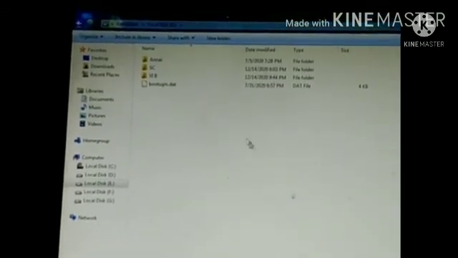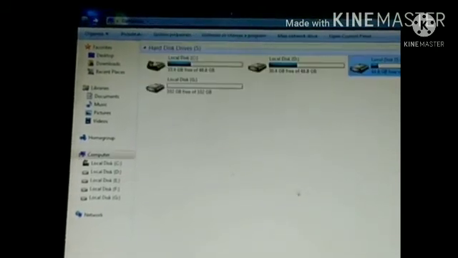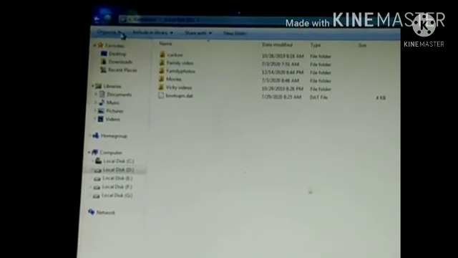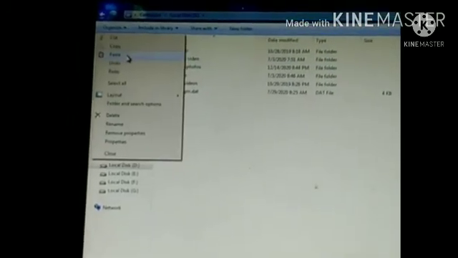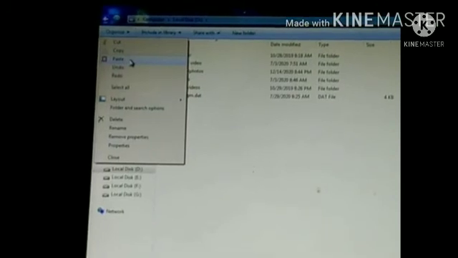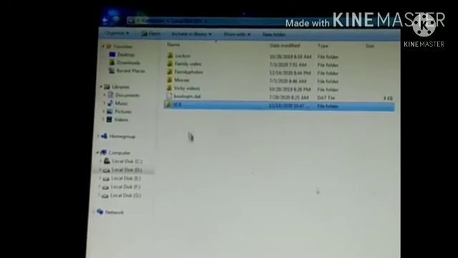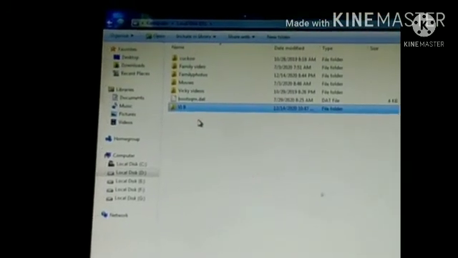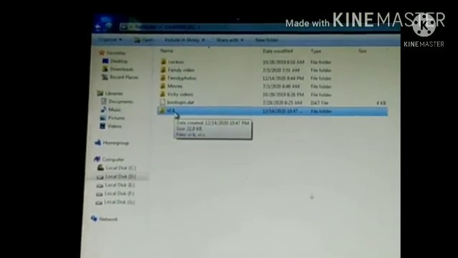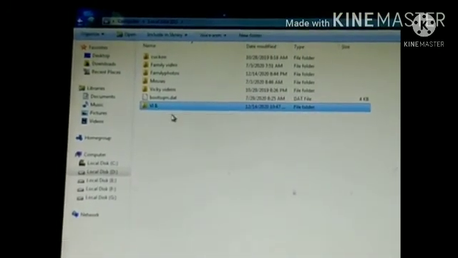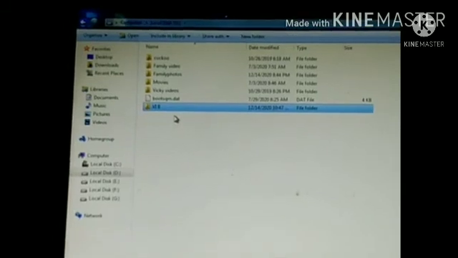For example, if you want to copy on the another drive D:, click on edit menu or organize menu. Here select the option paste. Now the 6th B folder gets copied onto the different location where we want it to be.